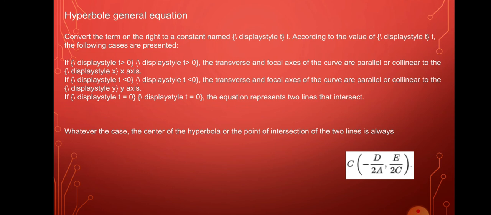If t is smaller than 0, the transverse and focal axes of the curve are parallel or collinear to the y-axis. If t is equal to 0, the equation represents two lines that intersect. Whatever the case, the center of the hyperbola or the point of intersection of the two lines is always